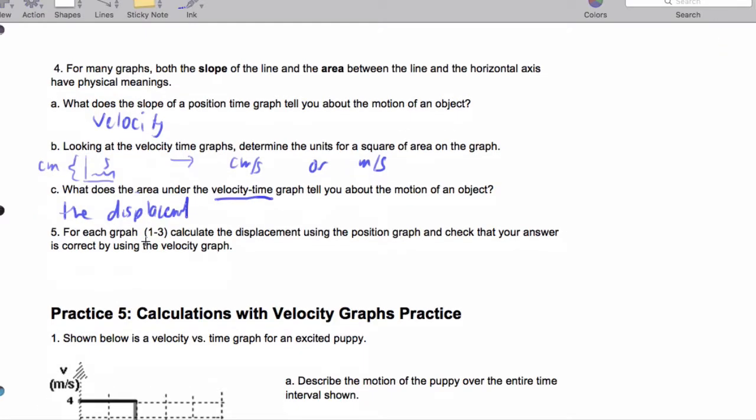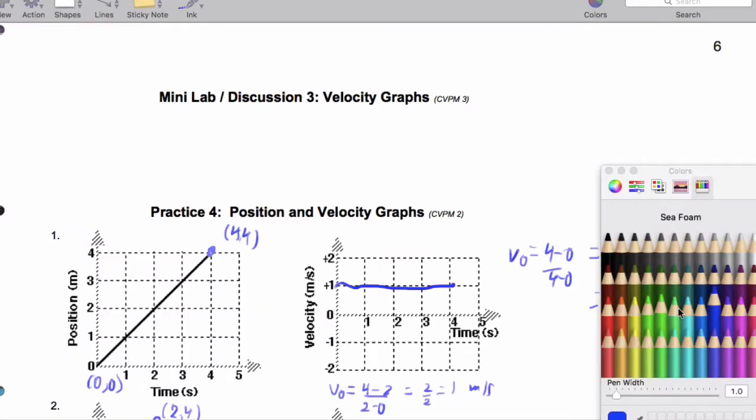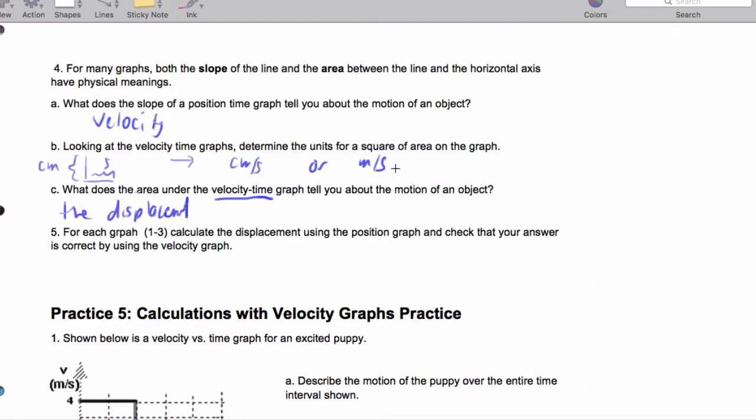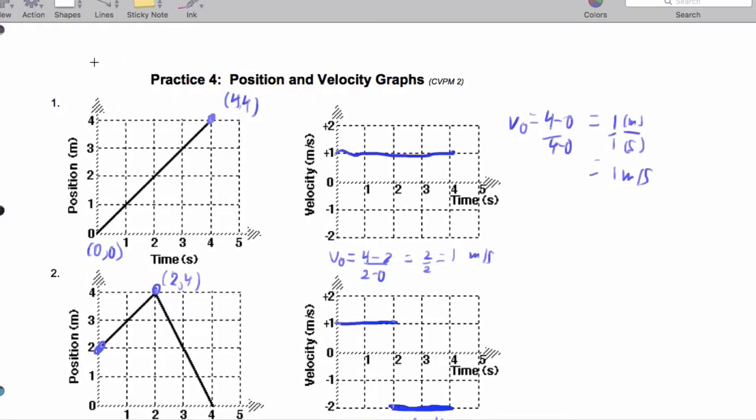So it says for each graph, calculate the displacement using the position graph and check your answer. So I will show the answers here, but I'll actually do the calculation on this page. And I will use this color. And I'm just going to say that this is question number 5 right here. And I'll write it here. So for question number 5, here,